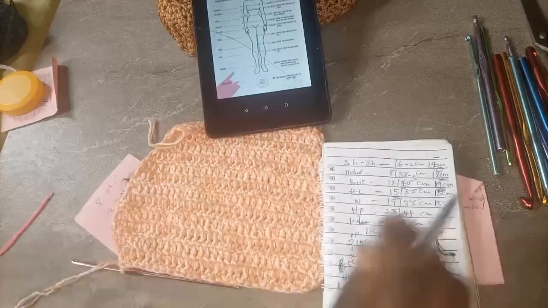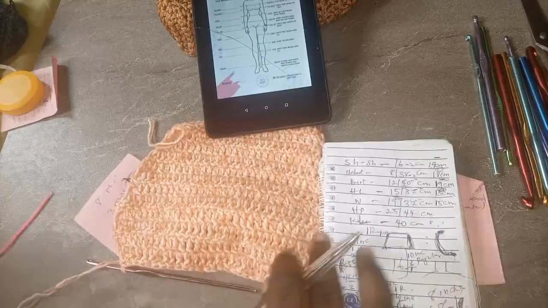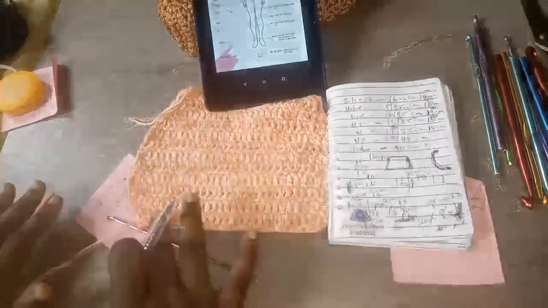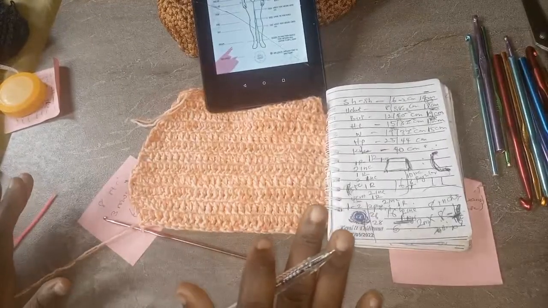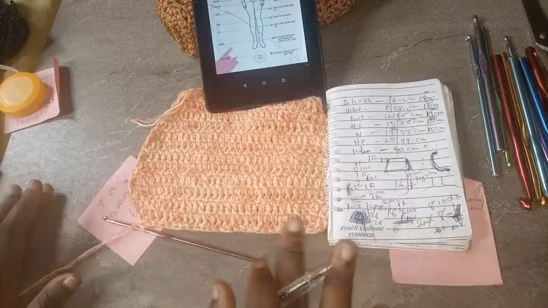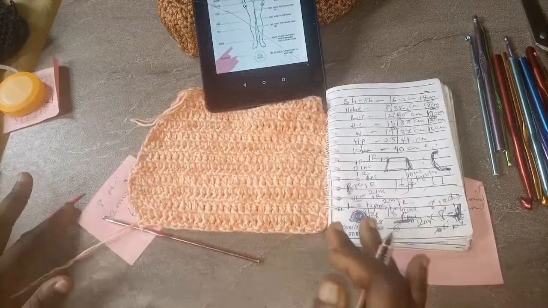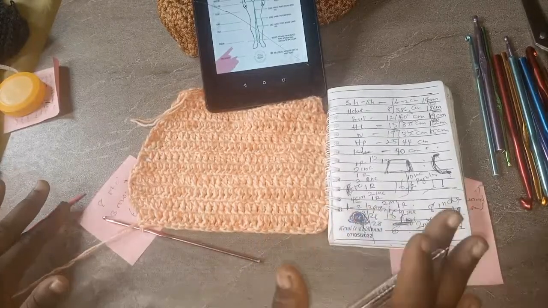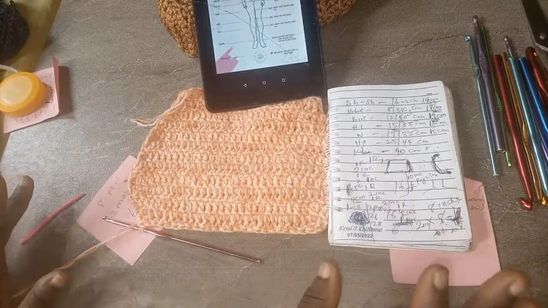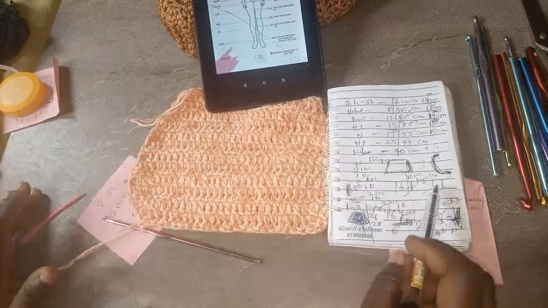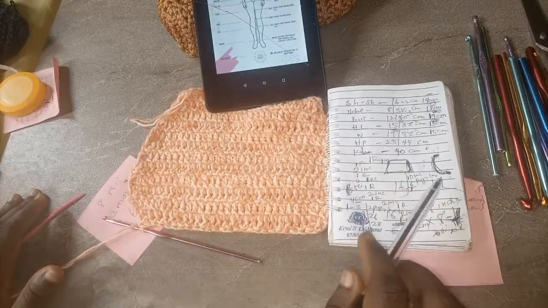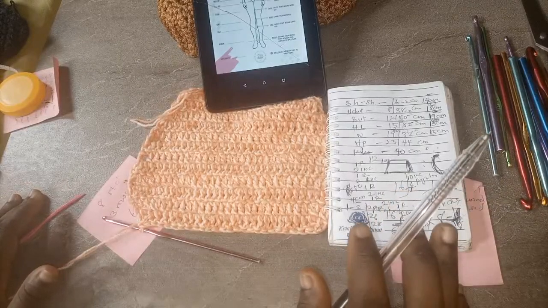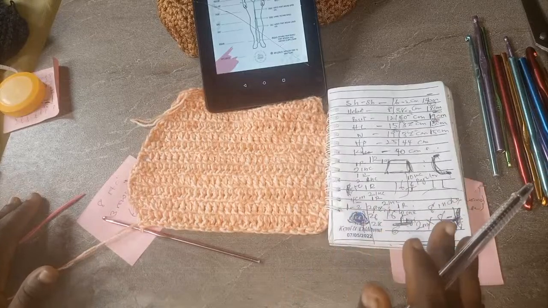So for this part, we are not going to be increasing nor decreasing. Do you understand? Depending on the bodies, if you have someone that has a very big hip, obviously this space will change. I have a very big hip because this is my measurement. I'm using 44 inches, so that's big.